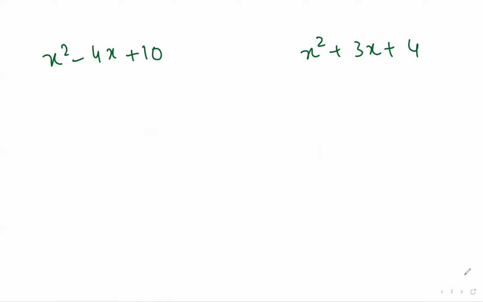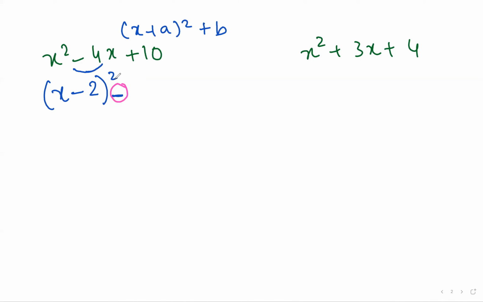Let us go to the next part. Remember, I want my answer in this form. What is x? We will keep it like this, plus a the whole square. But here it is negative 4. So what will I do? Half of 4 is 2. So I will write (x − 2)². Correct? We will not do any sign change here. As it's negative, we will keep negative only. Whether it is plus or minus, here every time it will be negative only.